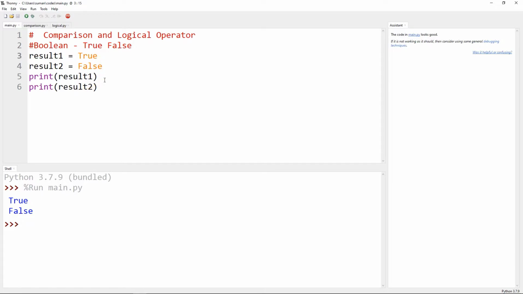Suppose we are using it with single quotes. When we give the output, the result is true, right, but that is giving us the output as a string.